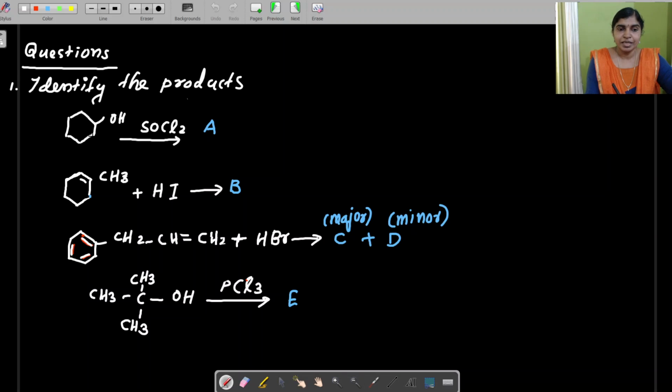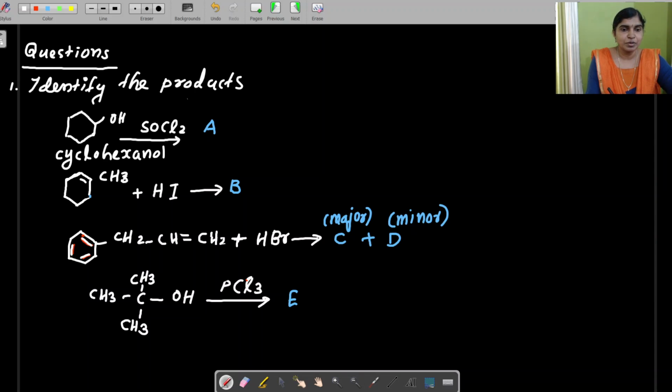In the first question, there is a hexagonal ring with OH. What is the name of this compound? This is not benzene with OH. This is not phenol. This is cyclohexanol, isn't it? Cyclohexanol. So when it reacts with SOCl2, this is the first method for the preparation of the haloalkanes,